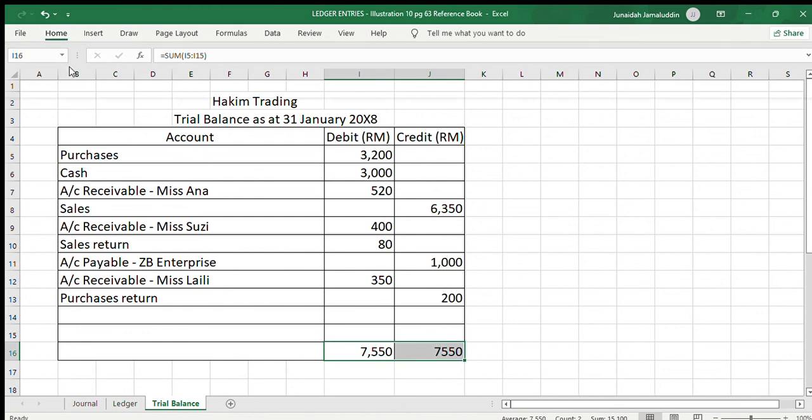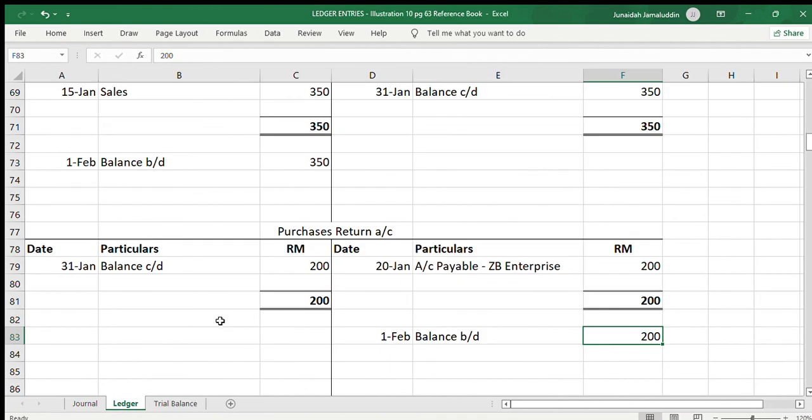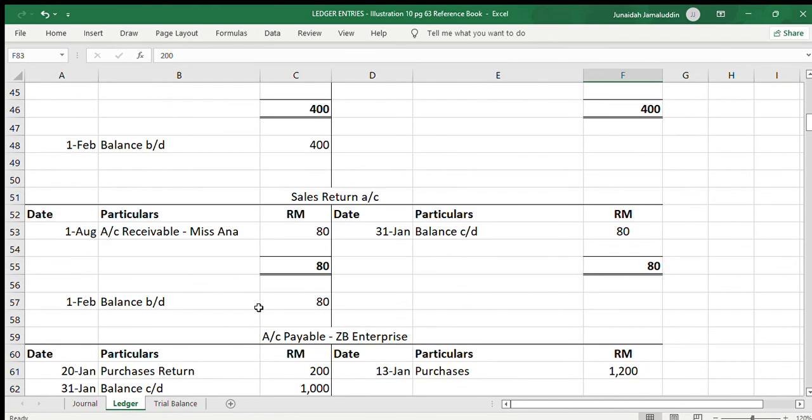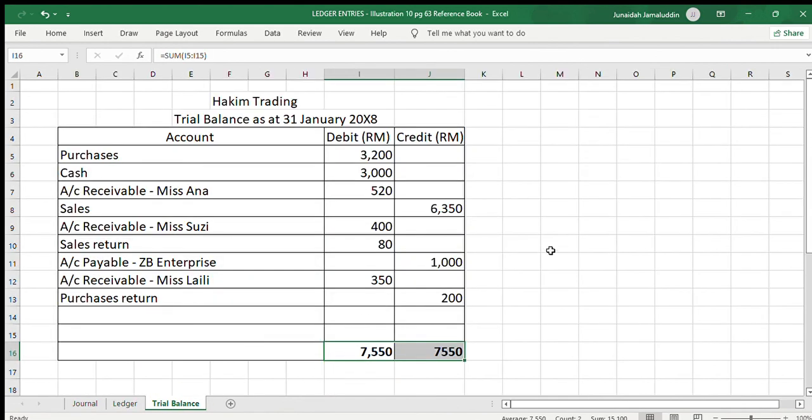That means, okay, our ledger entries have been made correctly lah. We have made the ledger entries correctly, insyaAllah, based on the double entry rule. Okay, kalau kita dapat dalam trial balance ni jumlah debit sama dengan jumlah kredit, insyaAllah ledger entries that we